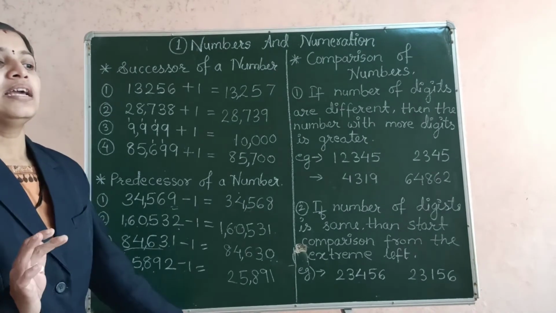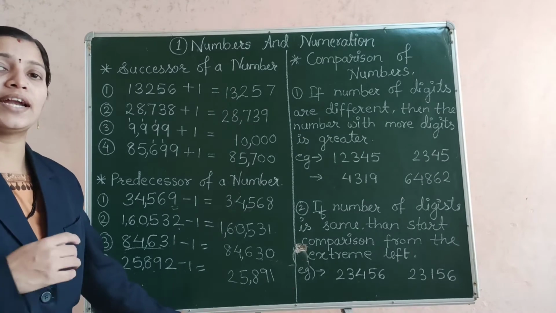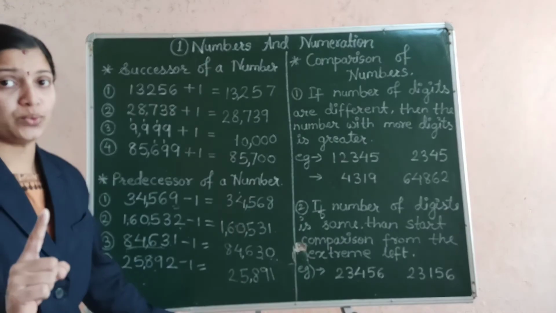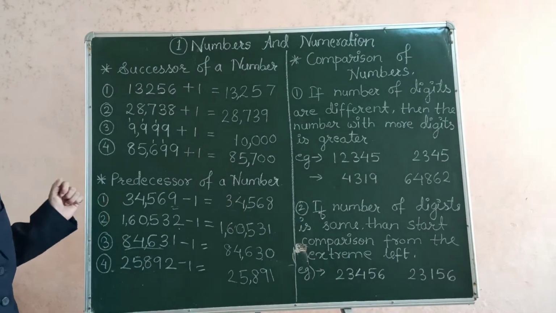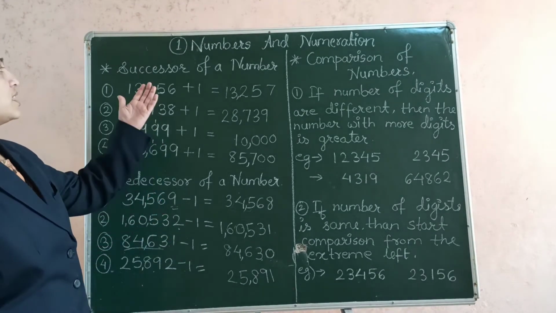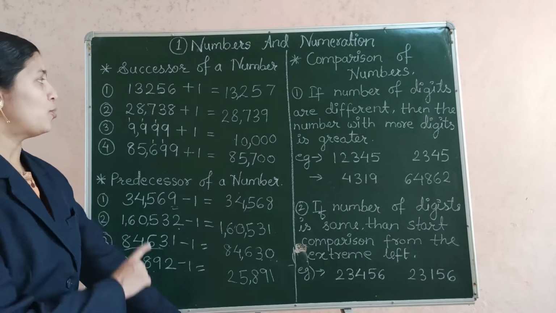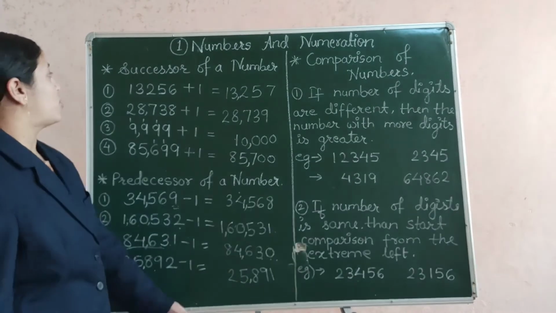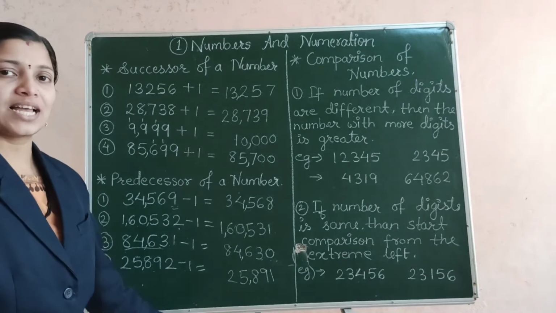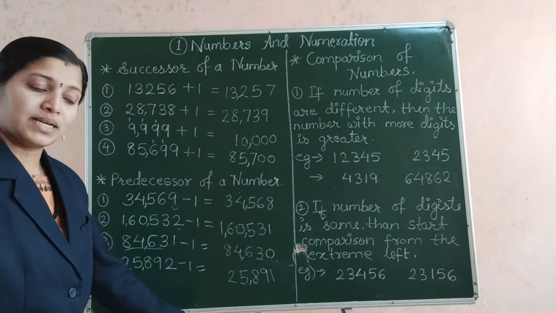The number may be larger or smaller. It may be 1 digit, 2 digit, 3 digit, 4 digit, and so on. To find out the successor, you have to add 1 to it. Whereas to find out the predecessor, you have to subtract 1 from that given number, and you can find out the successor as well as the predecessor of the given number. I hope you have understood the format of how to find out successors and predecessors. We will be solving the exercise so that you get very habituated to finding out the successors and the predecessors.